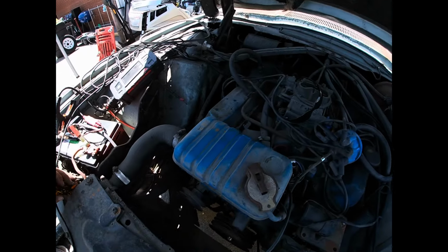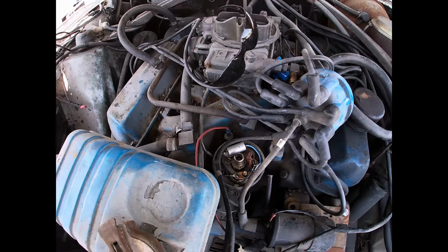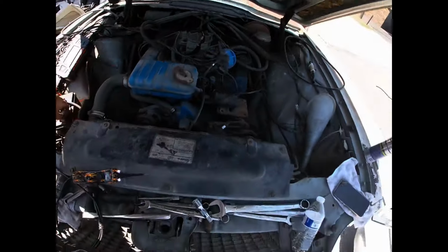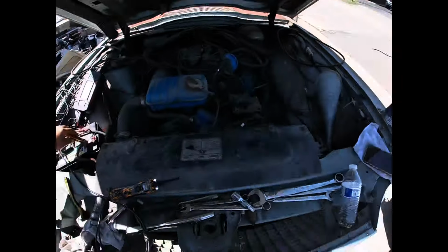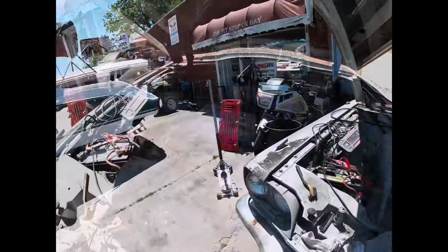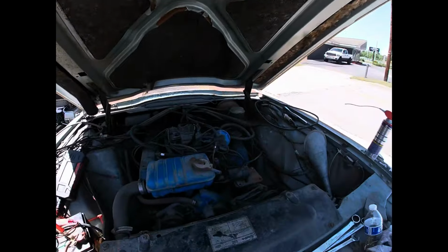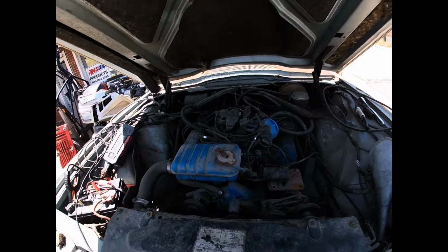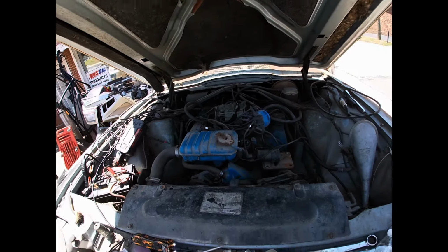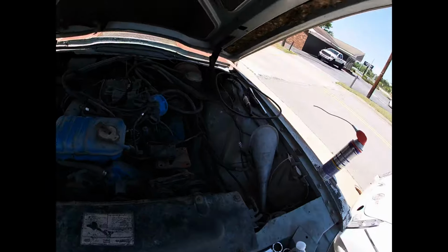Turn the camera off. Got another looky-loo. Be right back. About 15 times I've been stopped on my bike today. This guy likes it, fits him well. I did not crank it up for him because he goes, "Oh, I gotta ask my wife." I said, "Well, then you're just wasting my time right now." Anyway,